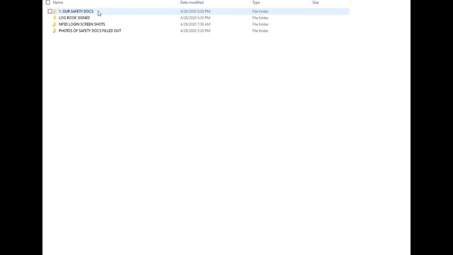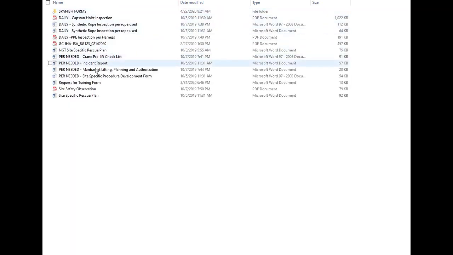If we open that folder, we can see that there are some subfolders in here, and each one is labeled for the type of picture or product that we are requiring for you to submit. The first one is safety docs, and that's exactly what's in there. It's all of your safety docs, including in Spanish, that you will need to print on a daily basis, either for inspection forms